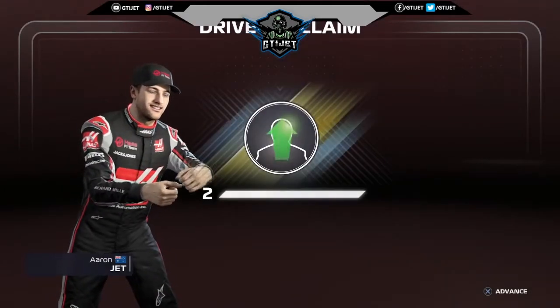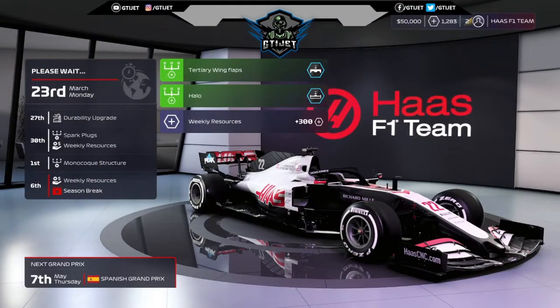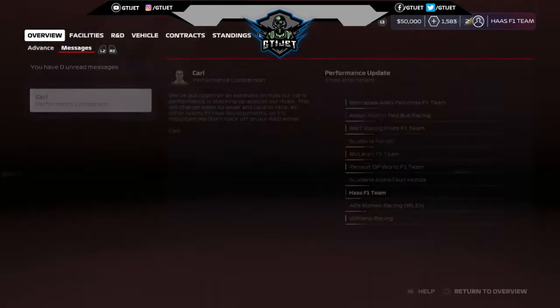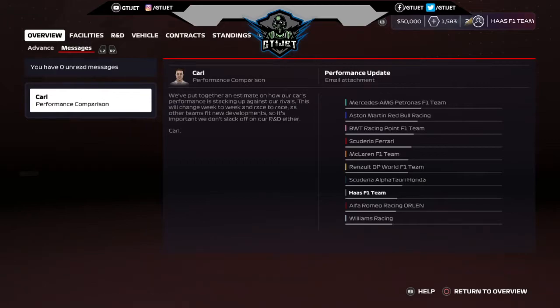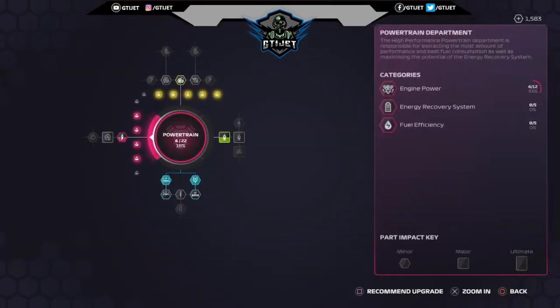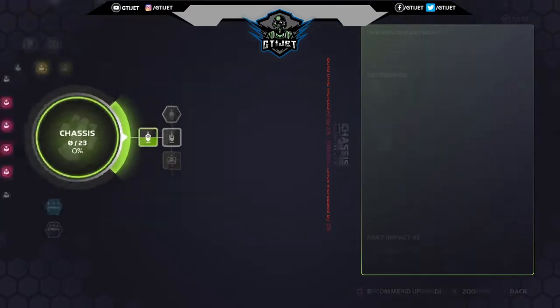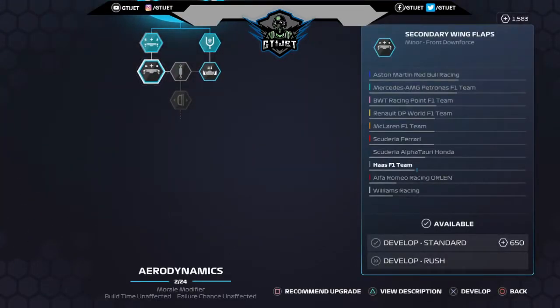But yeah, jumping into driver acclaim, we gain some to jump to level 2. We're going to do what we need to do, the R&D and all that, before the next race. And then yeah, we will see. We'll end it here. So we'll have a quick look. Can't do anything there because we're still waiting for that to come in. I can do both of these